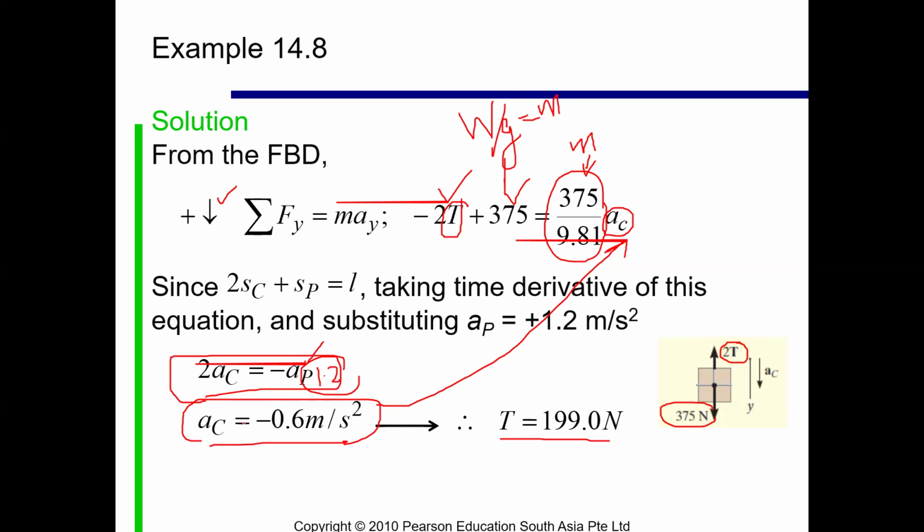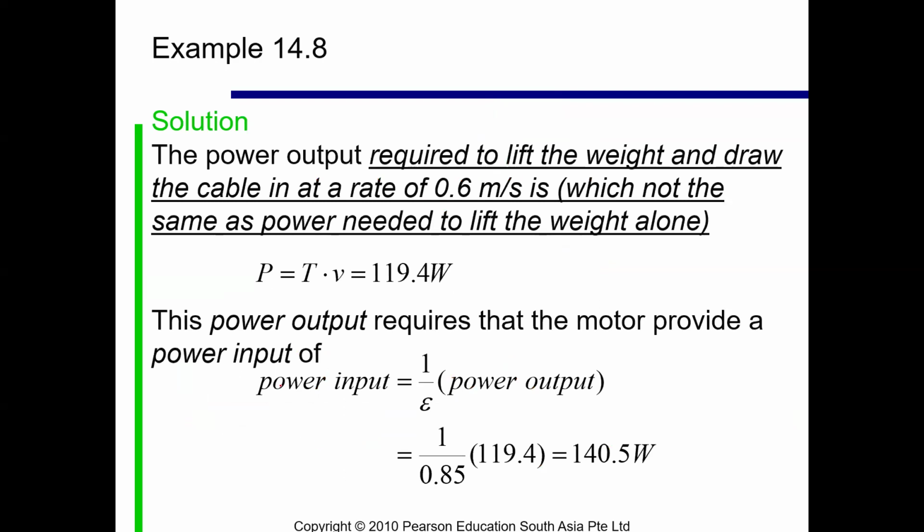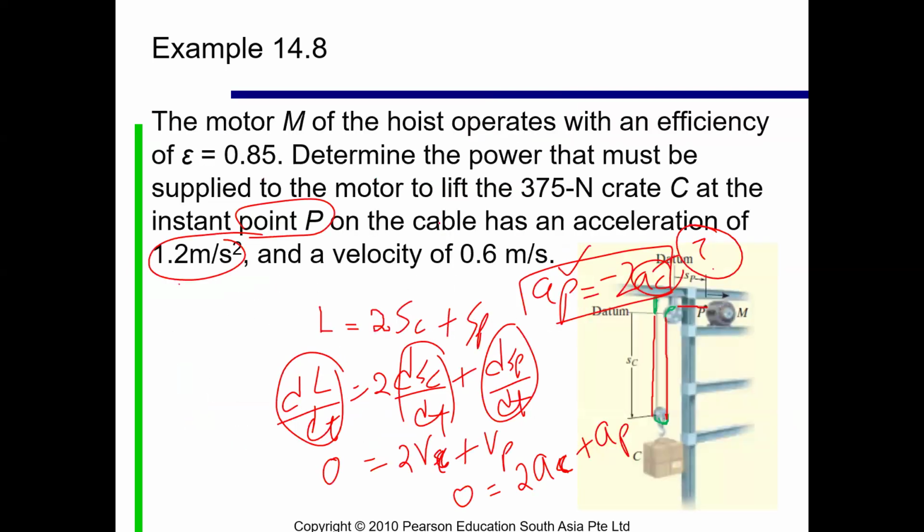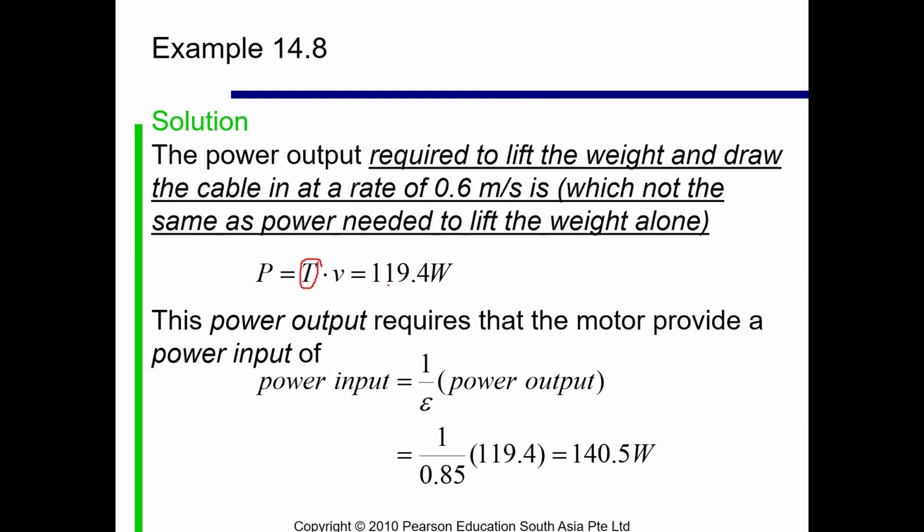Yes. Okay. Then the next thing is, once I know the force, I can change it into the power as well, right? So here, this tension is nothing. This is just like a force. So taking the product of force into velocity, the velocity value is also provided. That velocity is 0.6 at this location P. So I know that the tension in the rope is, for example, 199 and the velocity is 0.6. So just taking the product will tell me that the value of power is